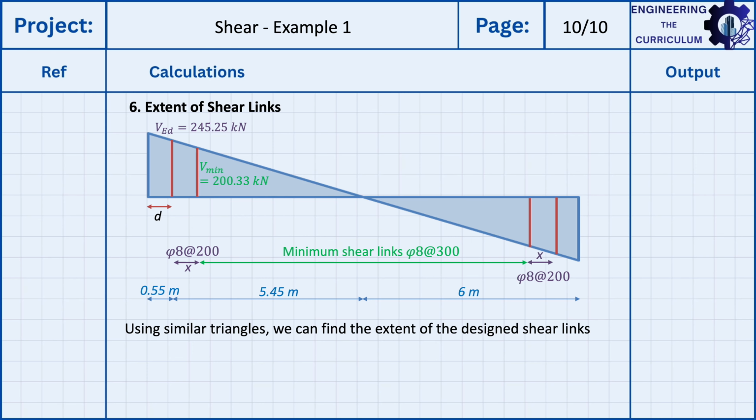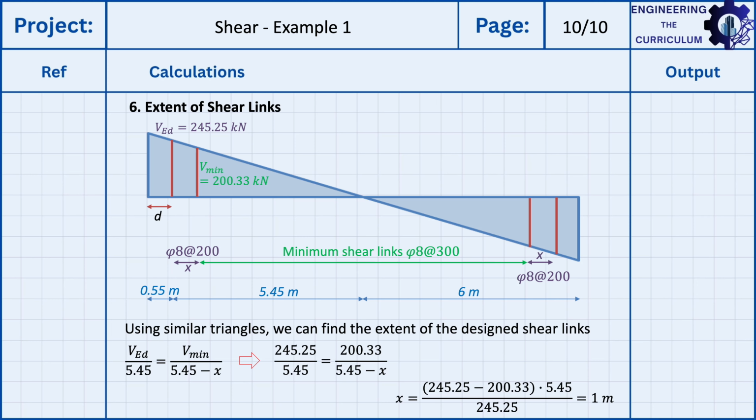So using similar triangles, I can find the extent of the design shear links, as we said, that x, and I can say that VED divided by 5.45, which is essentially the distance from VED to the middle, so 6 meters, take away 0.55, which was the D, has to equal, because it slopes at the same angle, the Vmin divided by the distance that's left to the middle, which is 5.45 take away x. Just introducing the numbers for VED and Vmin into here, and then isolating x, and I get that x equals